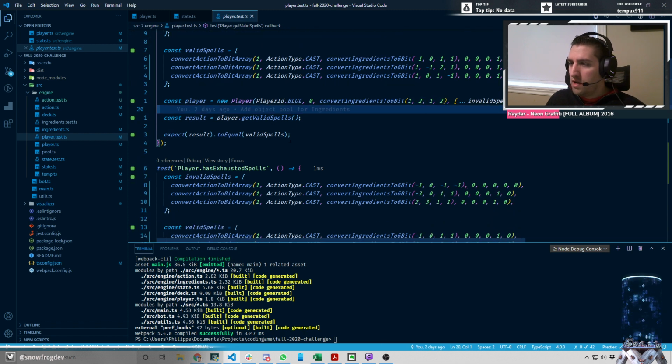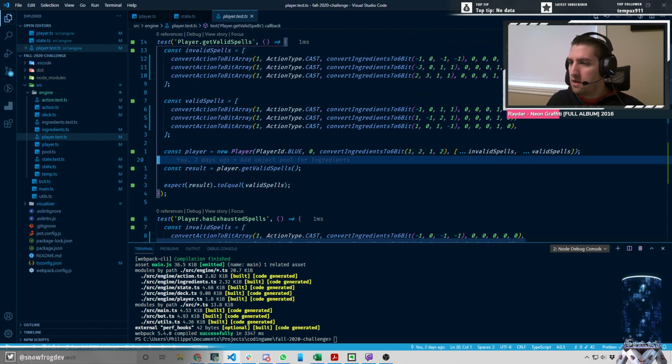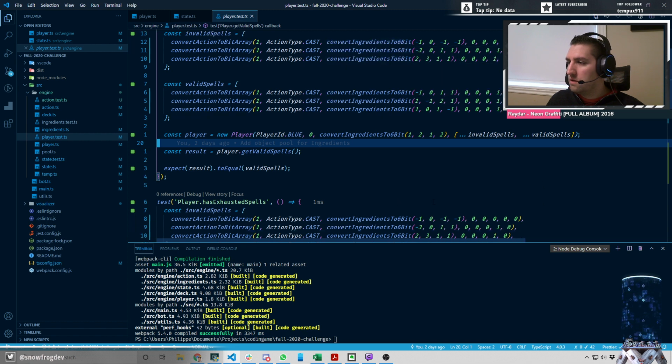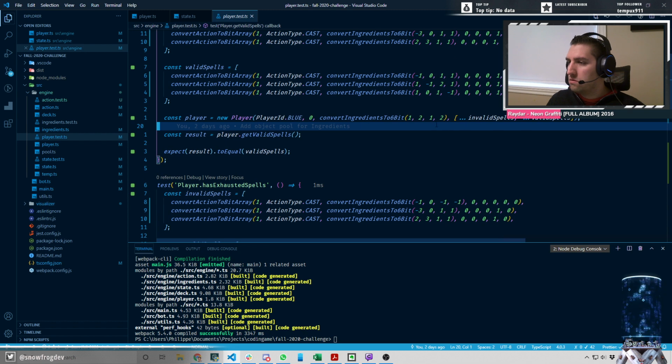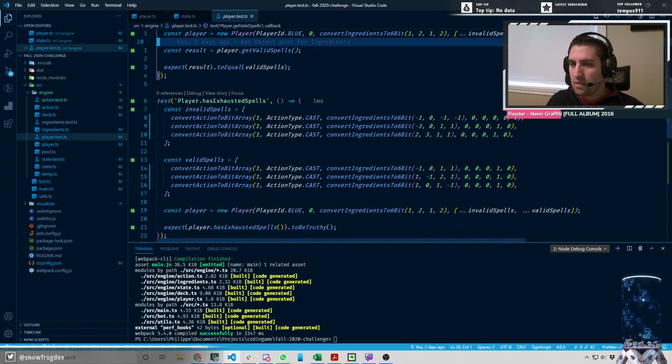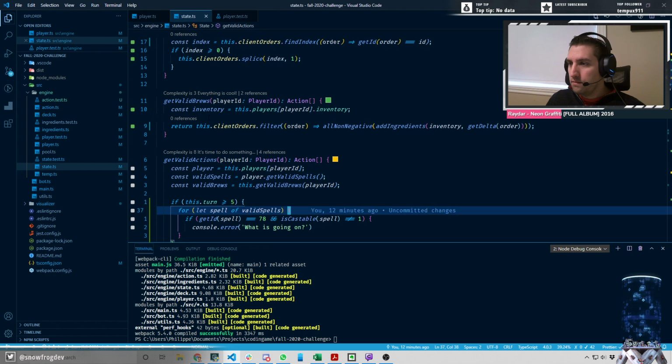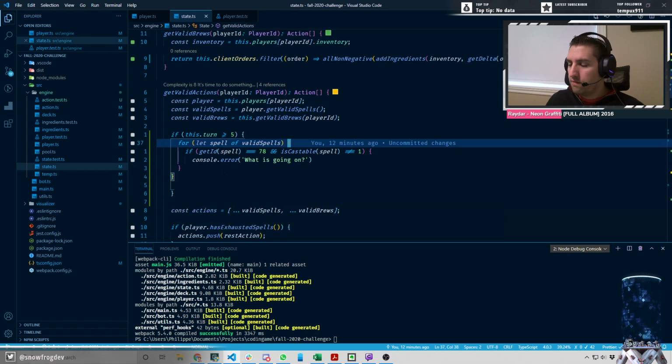I run get valid spells, I look at the result, and I expect valid spells to only contain spells that are valid, and those are invalid. I pass both of those, and it seems to be working fine. So, if the problem is not here, as it doesn't seem to be,